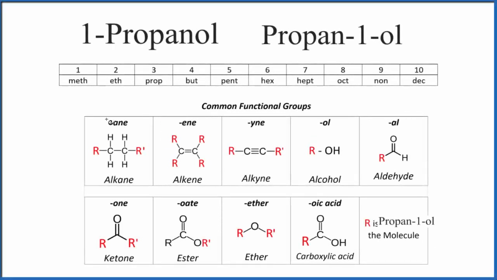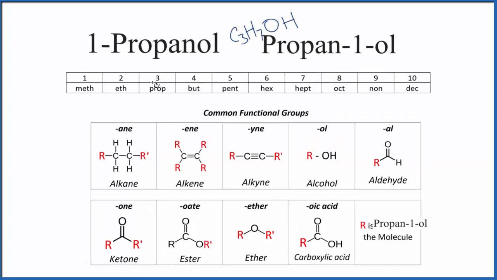Let's write the structural formula for 1-Propanol. This is also called propan-1-ol. Same compound. This is the more systematic IUPAC name. This is probably the more common name. So if we wanted to write the chemical formula, that's the molecular formula, that's